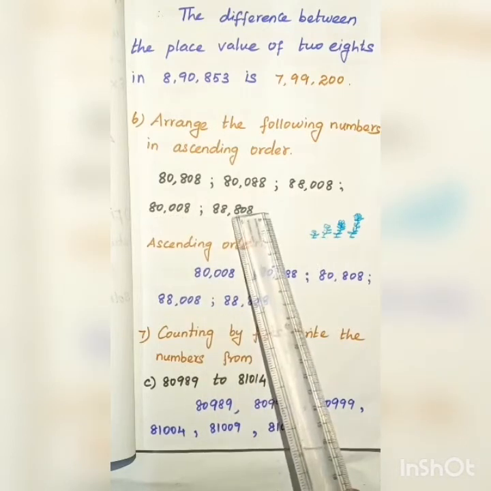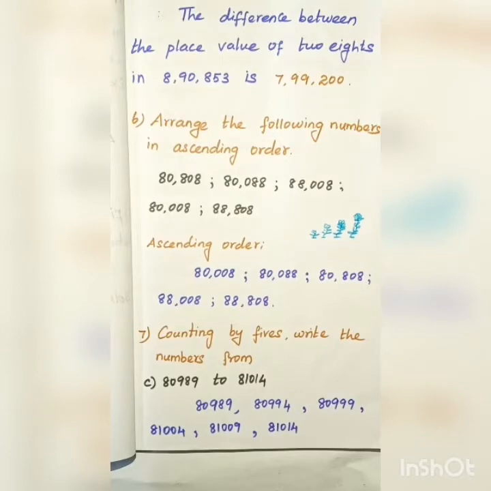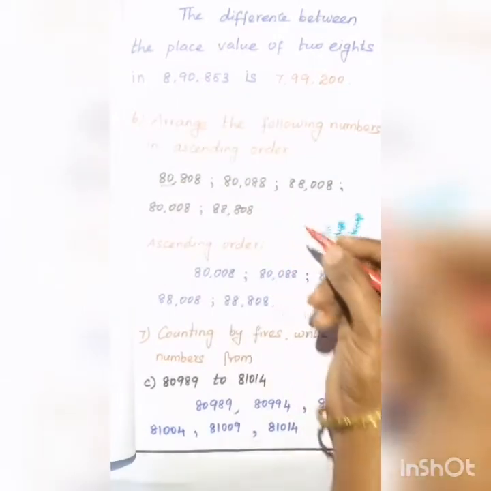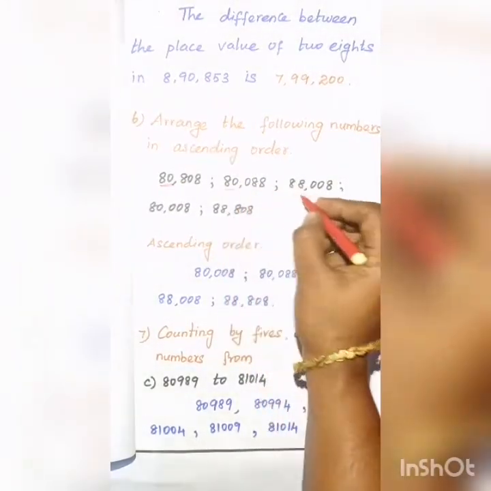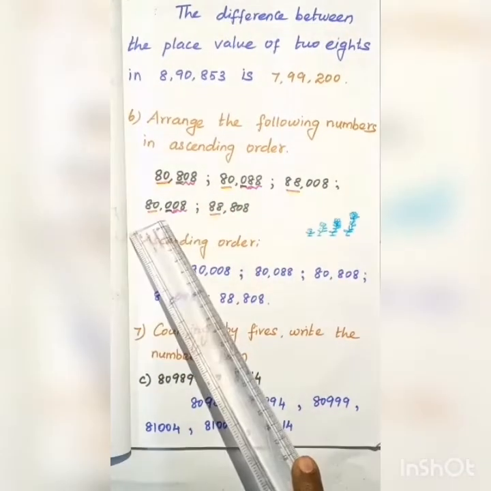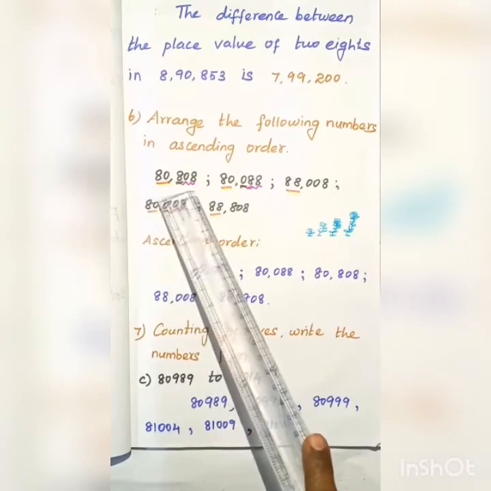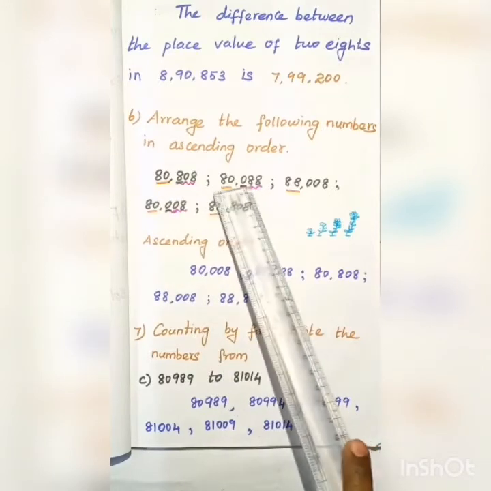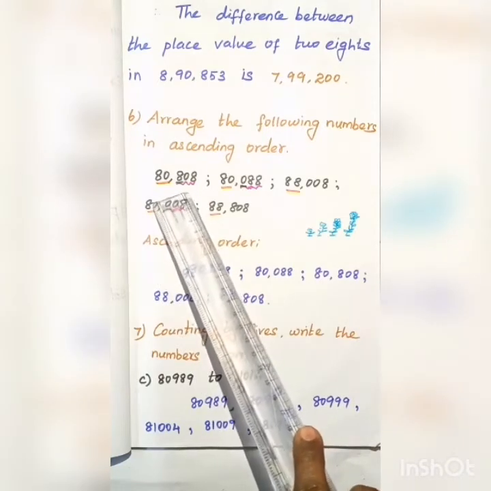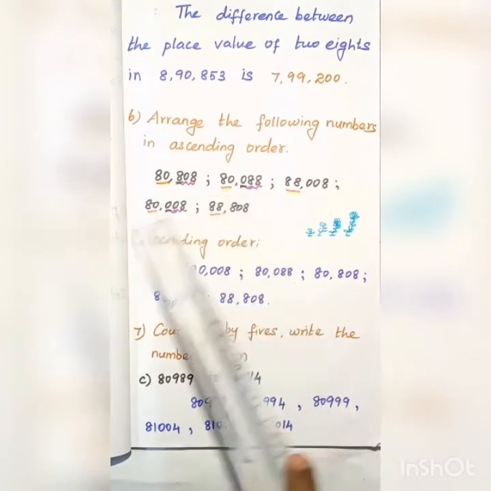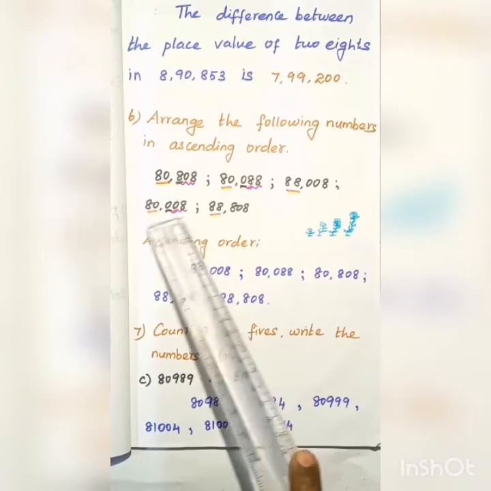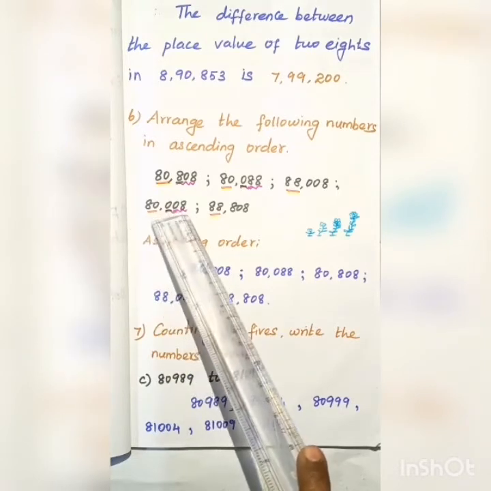First you have to find the thousand place. Let us first compare the thousands place. In the first number, the thousands place contains 80. Second 80. Third 88. Fourth 80. Fifth 88. For these, you have to look at the hundreds place or ones place. Here the 3 digits belong to the ones place. These also are in the ones place. Here you have 808. Here just 88. Here just 8. You read this 008 as 8. So which is the smaller? Correct. 80,008 is the smallest.